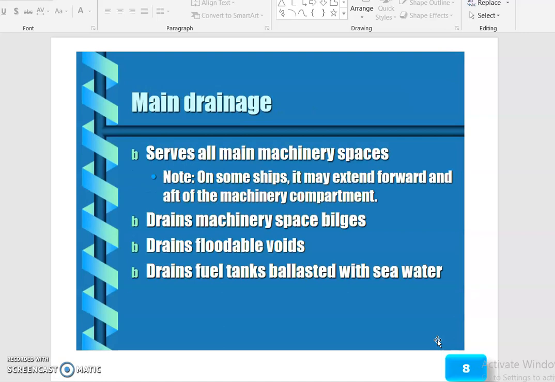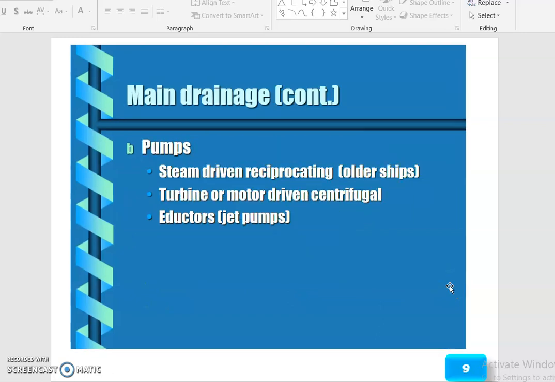The main drainage serves all main machinery spaces, and on some ships it may extend forward and aft of the machinery compartment. It drains machinery space bilges, floodable voids, and fuel tanks ballasted with seawater.